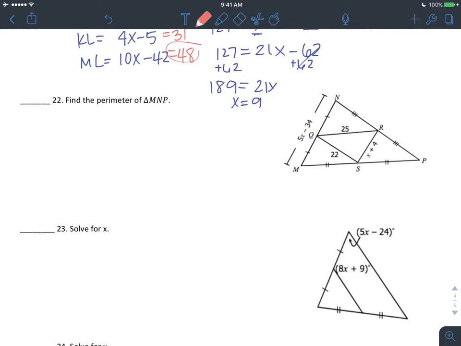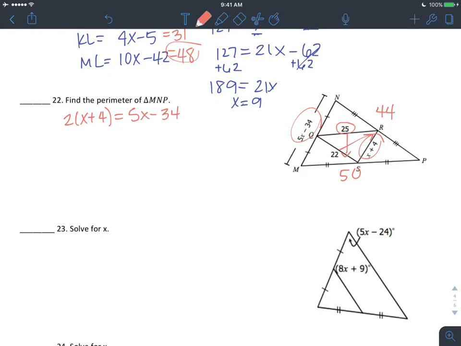All right, on 22, we have midsegments. So these midsegments are going to be half of the side that they are parallel to. So since they are half of them, we're going to multiply them by 2. So 25 times 2 is going to give us 50 over here. 22 times 2 is going to give us 44 over here. Then we're going to have to solve with our 4x and our 5x minus 34. So we're going to multiply our midsegment times 2